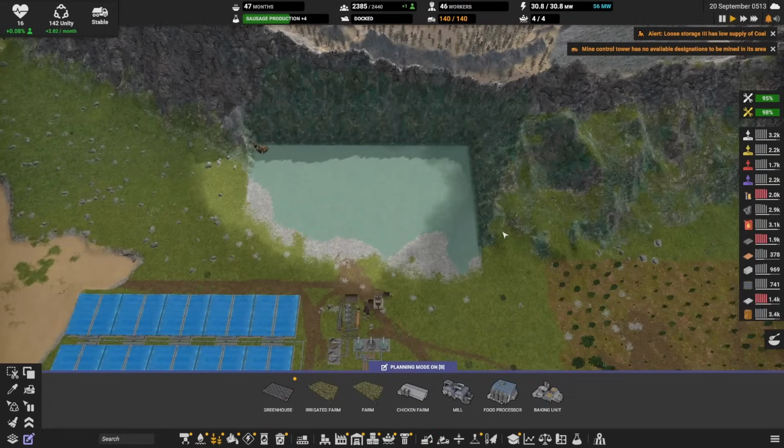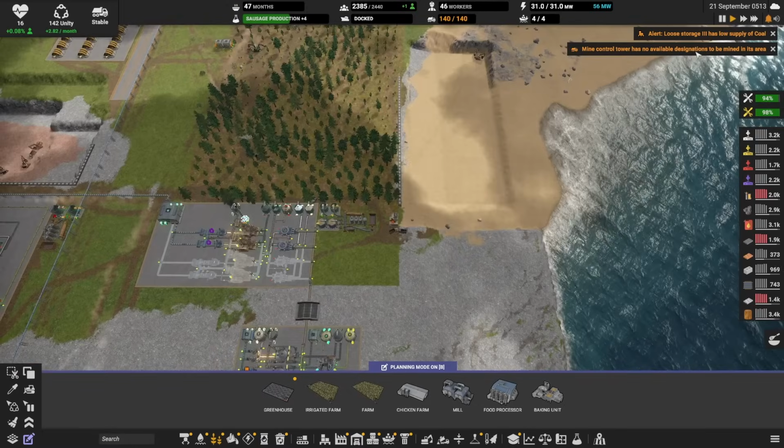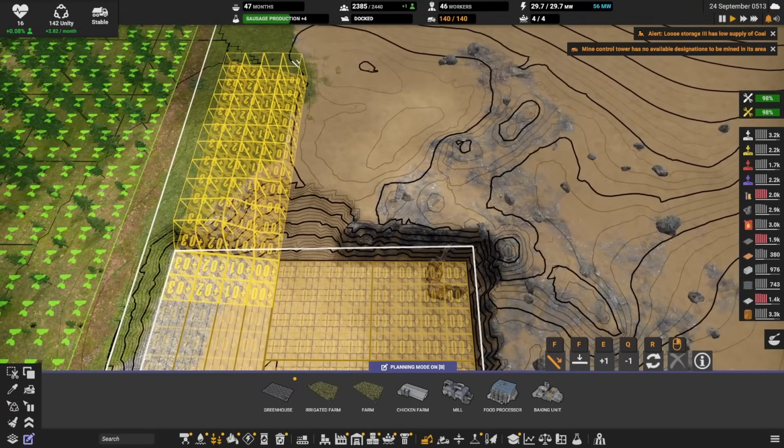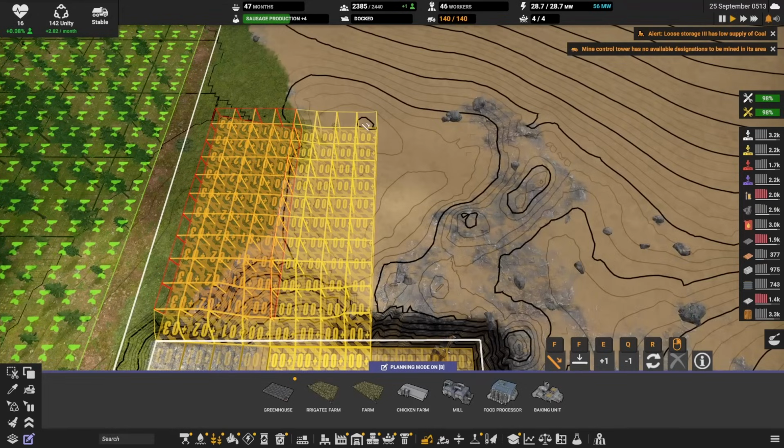There we go. That should keep us happy for that one. Mind control tower has no destinations. Well, that's also pretty simple. So we'll just keep going this way. And keep going this way. It'll be a lot less